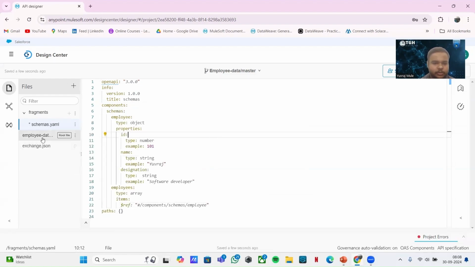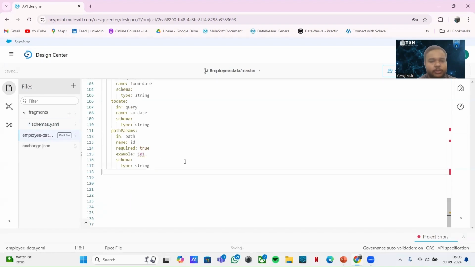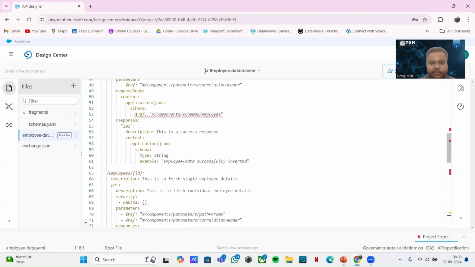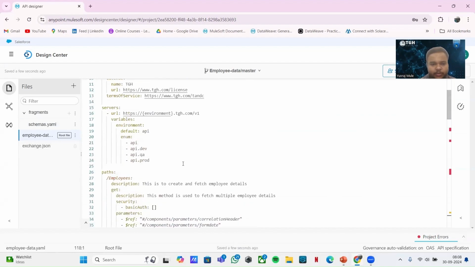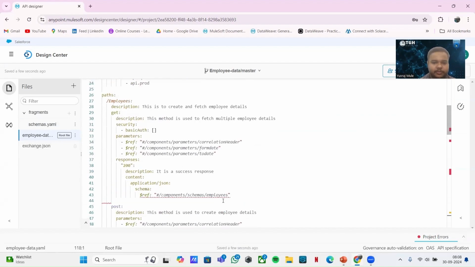Just paste it. Now I'm going to go into the main file, and you can see the schemas which we have referred in this specification. It is erroring now. Now we are going to remove it and refer it from this file,